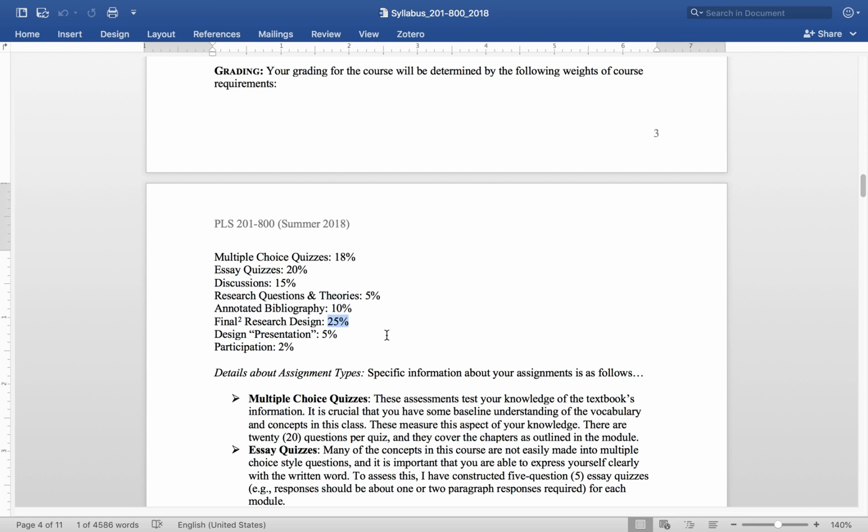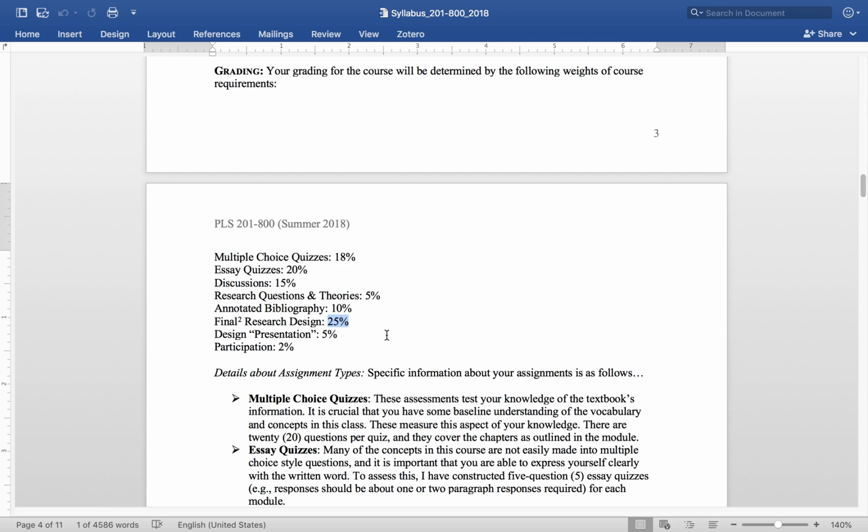And so we're talking about a research design in the range of something like 7 to 10 pages tops. If it's much longer than that, maybe I can see you do that in 5 weeks. Probably not. Much shorter than that, I don't think you're really doing justice to your questions. So about 7 to 10 pages is what we're looking for there. But again, I don't care how long it is. I care about the content. And I'm just telling you that in my experience, Dr. King and I have talked about this a lot. In our experience, you don't do a good enough research design in fewer than 7,